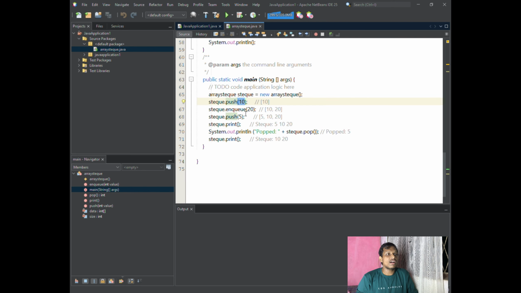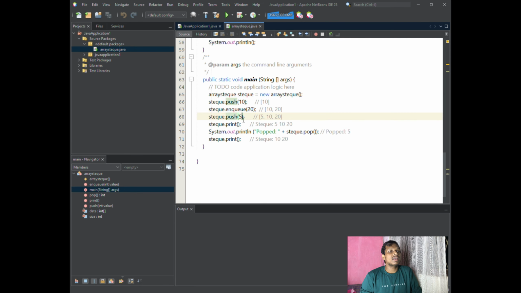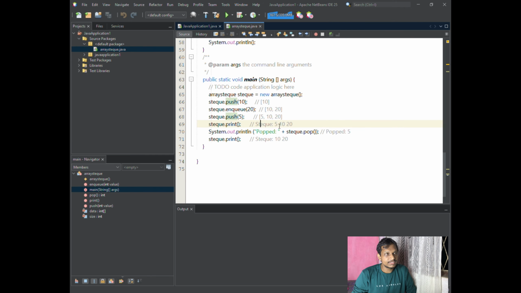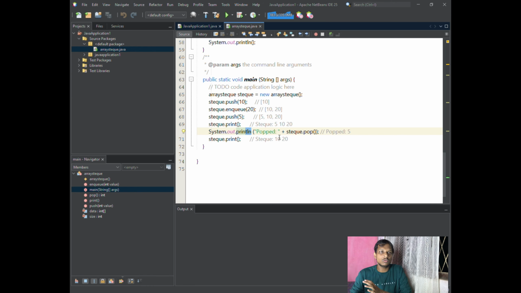After that we add 20 at the end, and we add 5 to the front, like this. After that we call the print method. So now our array is 5, 10, 20. After that we println pop, which means remove a value, like 5, and after that we print our array like this.